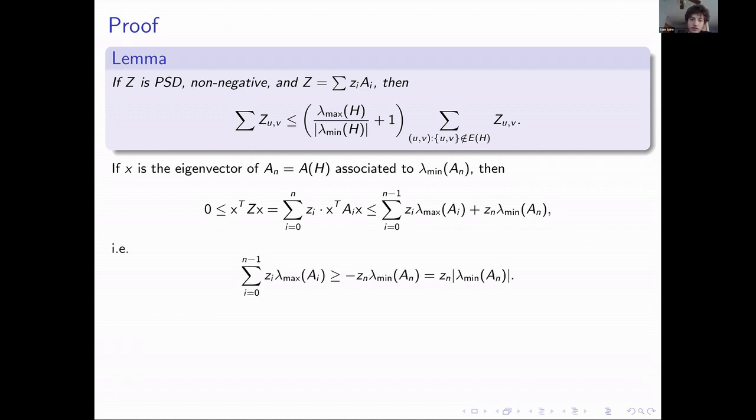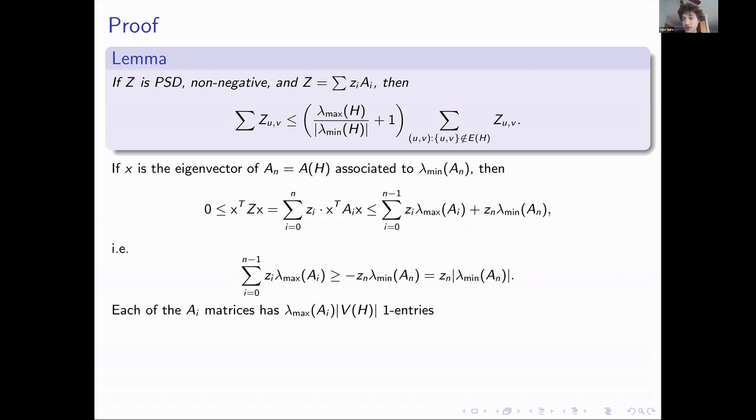Rearranging things, we get that the sum over this vi lambda max quantity over all i non-delta n is at least Zn times the absolute value of this lambda min condition. And now I claim this thing, which is that each of the AI matrices, which are just 0, 1 matrices, has exactly this many 1 entries. So the point is that if you carefully look at, so if you recall actually that